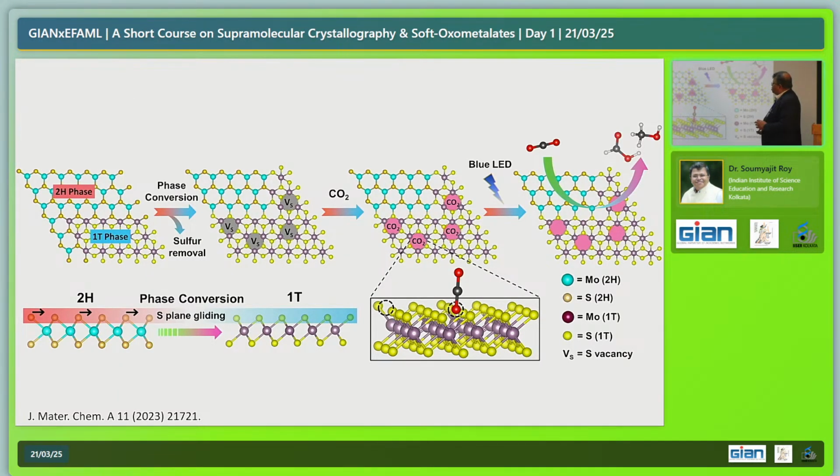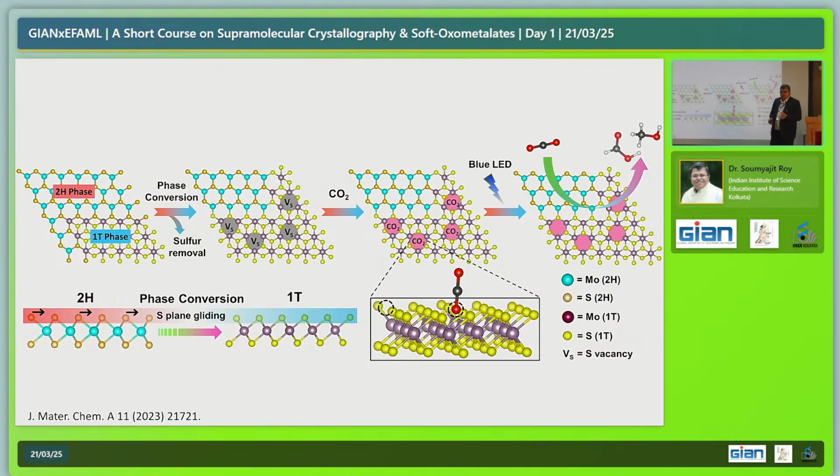Then I show you. Initially you have a system which is mixed with 2H phase and 1T phase. Then you have a phase conversion. This is done by sonication. You have the sulfur removal, so you have the sulfur vacancies. In these vacant sites, because you have high electron densities, the carbon dioxide comes in and locks there, right? So the carbon dioxide comes and sits there in this manner. And then with blue LED, we are able to convert carbon dioxide in these holes either to formic acid or